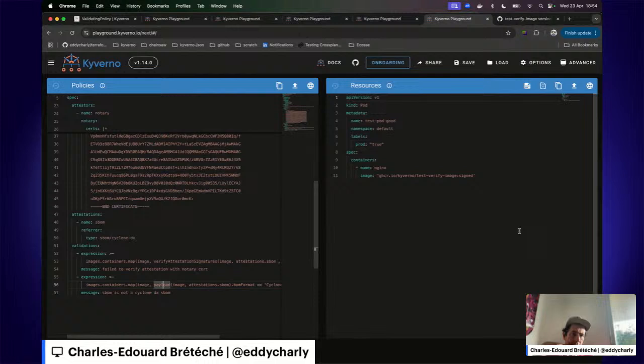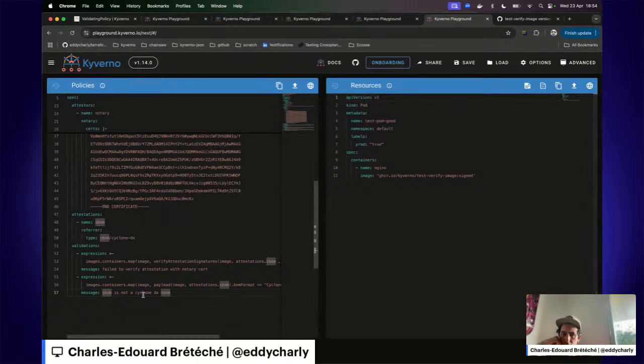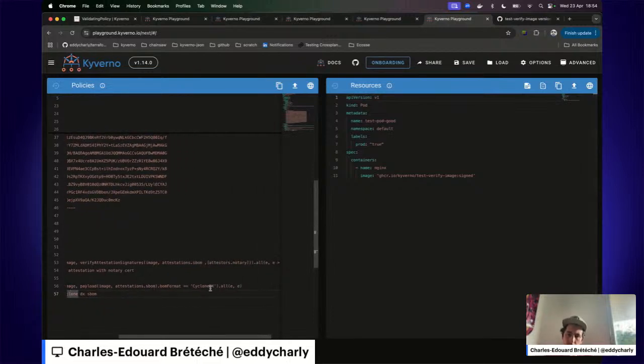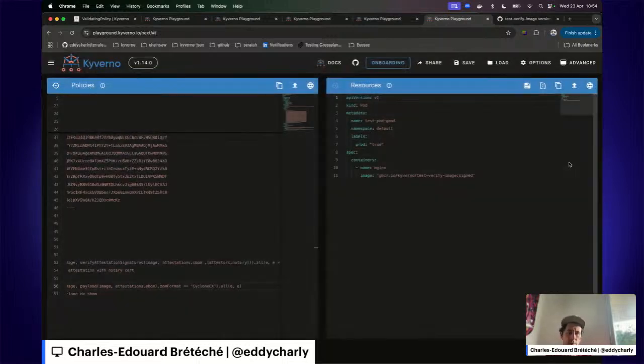I don't know exactly what this one is going to do. It's going to verify that the SBOM has been generated with Cyclone DX. And I guess if I put CX here, this time it fails, telling me that the SBOM is not a Cyclone DX one.